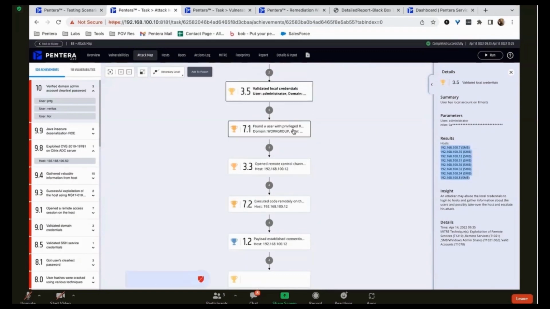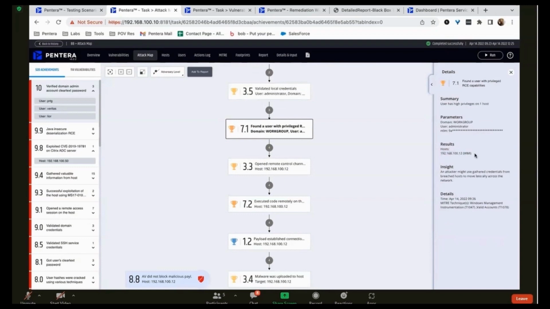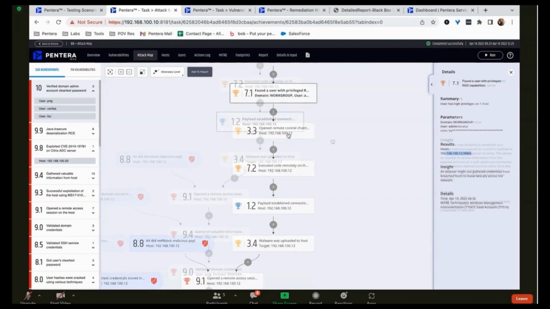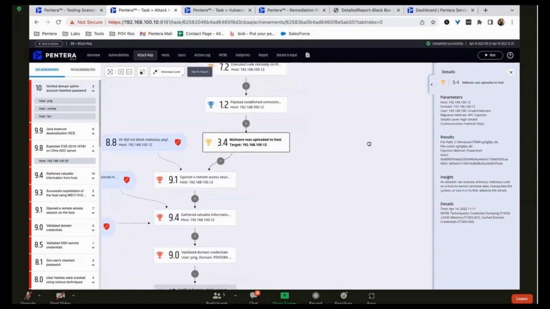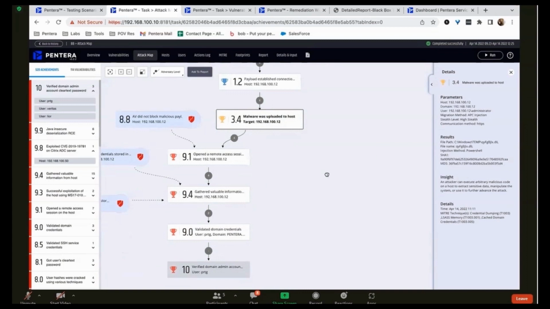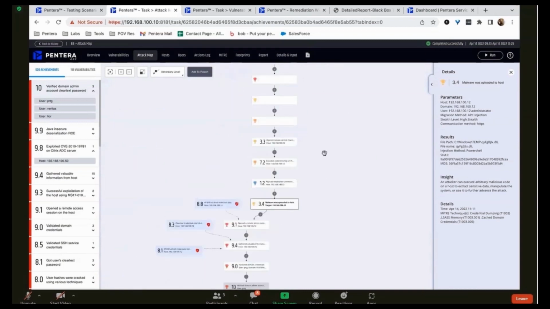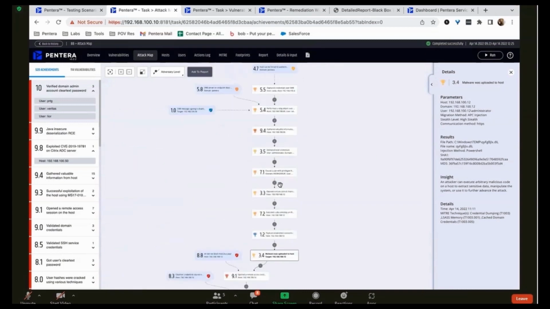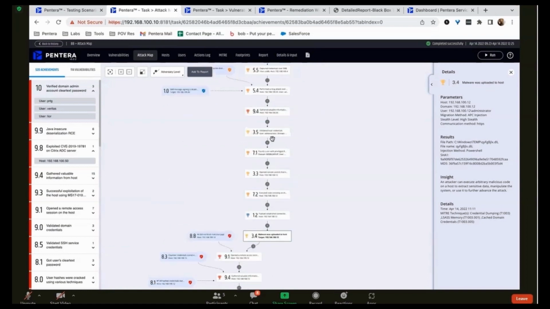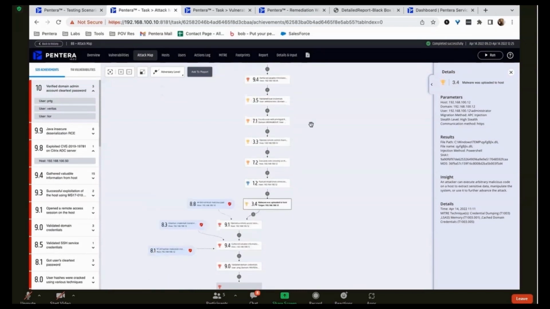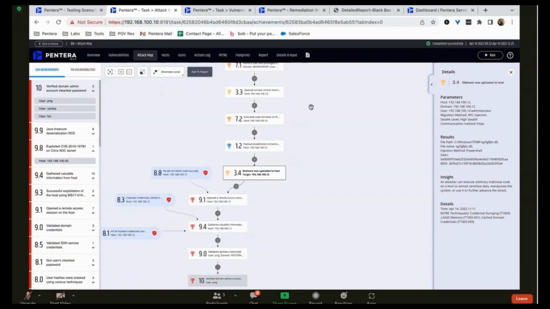And now we're going to target to see which one has privileged capabilities. And that's this .12. You'll see it found a user with privileged RCE capabilities, or remote code execution. That's the goal here for everyone. And now from here, we're going to try to inject malware. Usually for the rest of this kill chain, nothing really triggers on your security blue teaming tools, because this is mostly procedural: sending data over SMB, remote procedure calls to SAM databases, logging into a device, using PowerShell. Most of the time we can bypass a lot of the standard default settings of security controls.